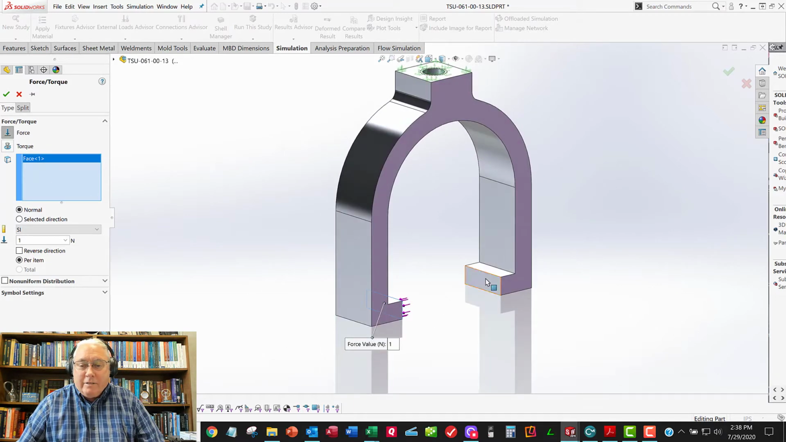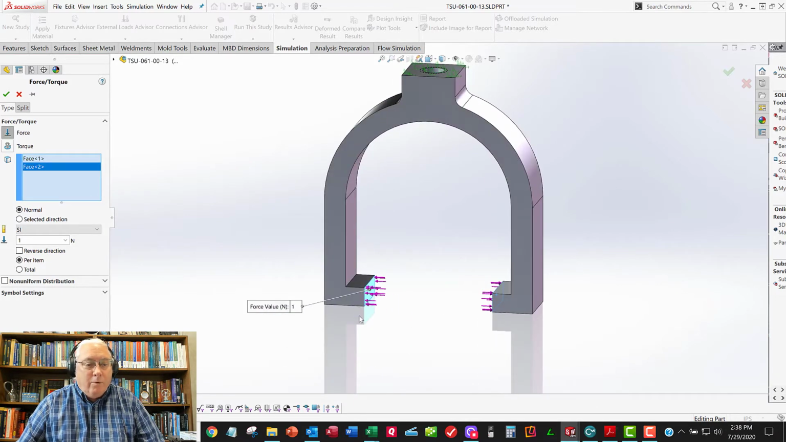I can select this face over here, and it assumes I want to go normal to that face, which is exactly what I want. I want to go normal both ways. I need to switch this to total load, because I want to put the total load here. So I want 100 going to the left, 100 going right. This is popping up as newtons, so I need to do